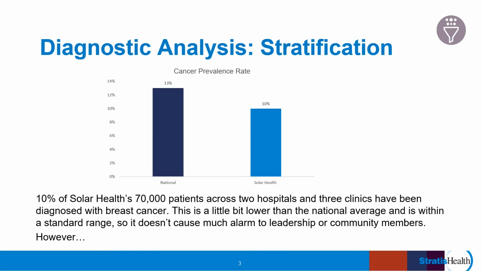As we've discussed, stratification is arranging or classifying data into smaller groups or strata to identify interactions and relationships within the data. 10% of Solar Health's 70,000 patients across 2 hospitals and 3 clinics have been diagnosed with breast cancer. This is a bit lower than the national average and is within the standard range, so it doesn't cause much alarm to leadership or community members. However,